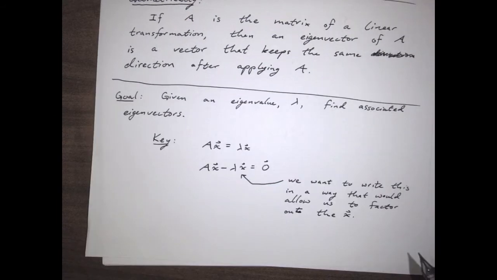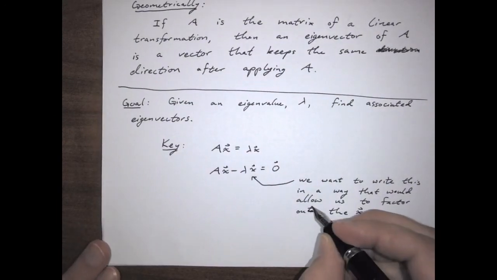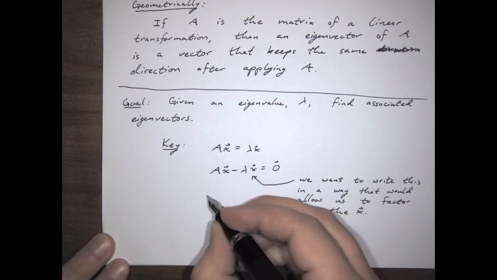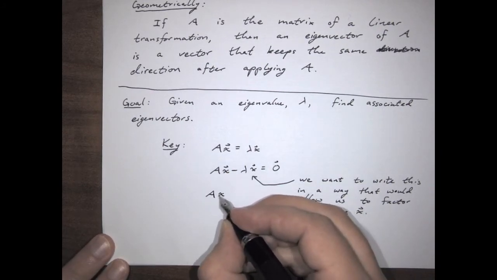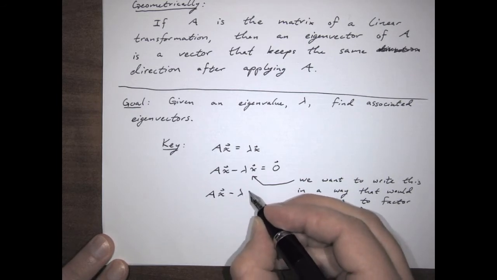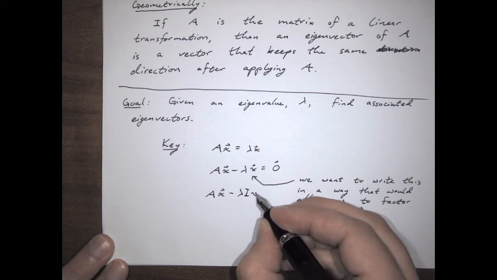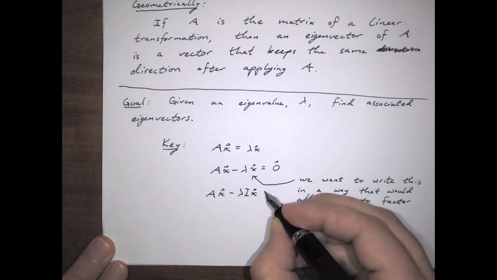Well, we can't factor it out right now. It doesn't quite make sense. But we can rewrite it like so. And this will be our default way of rewriting it. So this is a standard trick. I can't subtract lambda from A, but x is the same as the identity times x,